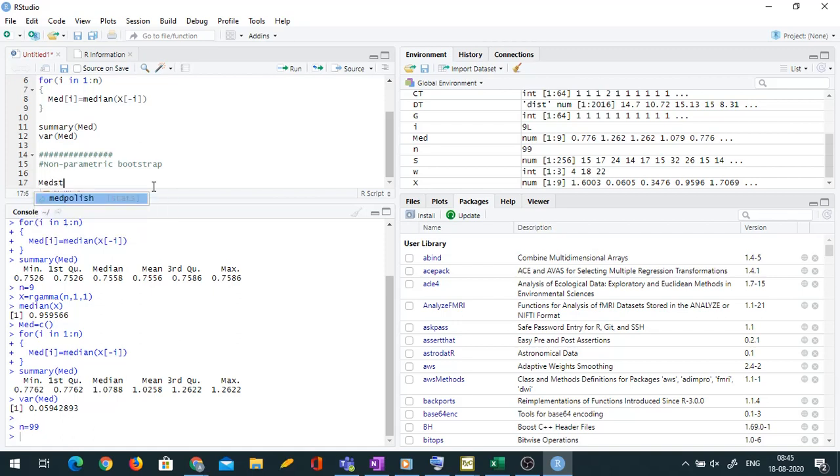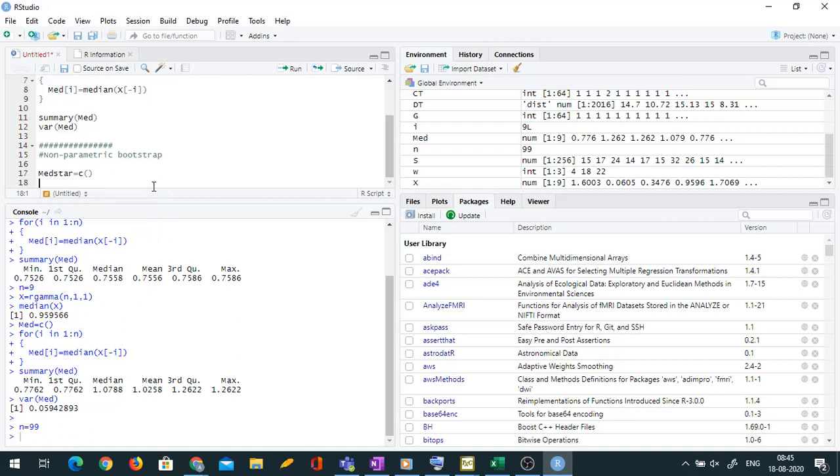So let me call it med star, because bootstrap estimates are generally denoted by star, and capital B, let it be 2000. Capital B is how many bootstrap samples you want. Now for I in 1 to B, every time I am going to compute the median for each of the B samples.